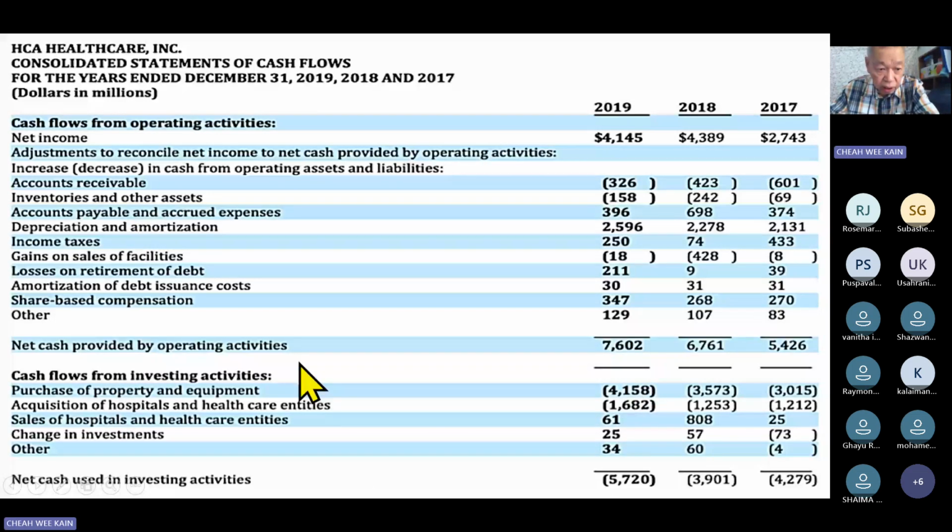So this is net cash provided by operating activities. Very important, it must be a positive sign. Cash flow from investing, maybe you buy some property. So this is another figure. That's why it's a minus sign. Now, it's very dangerous when your use in investing is more than your cash received. Okay, it's dangerous. Nobody will lend to you.